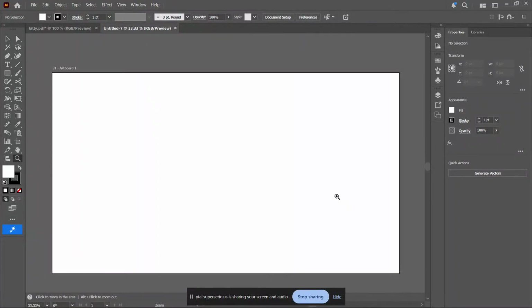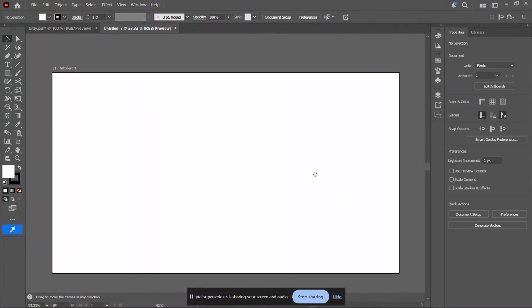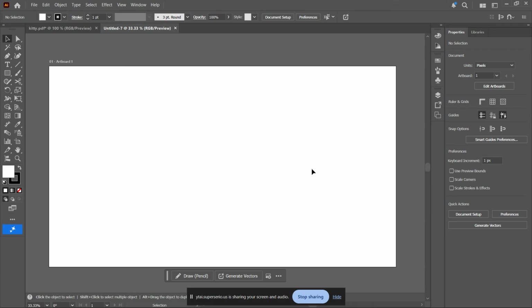In today's video, I'm going to show you exactly how to make a triangle in Adobe Illustrator. If you're new to Illustrator, creating basic shapes is one of the first skills you'll want to learn because almost every design starts with simple geometry. The good news is that making a perfect triangle in Illustrator is extremely quick once you know where the correct tool is located. In the next few minutes, I'll walk you through the exact steps from finding the right tool, creating the triangle, and adjusting it if needed so you can use it in logos, icons, illustrations, and many other